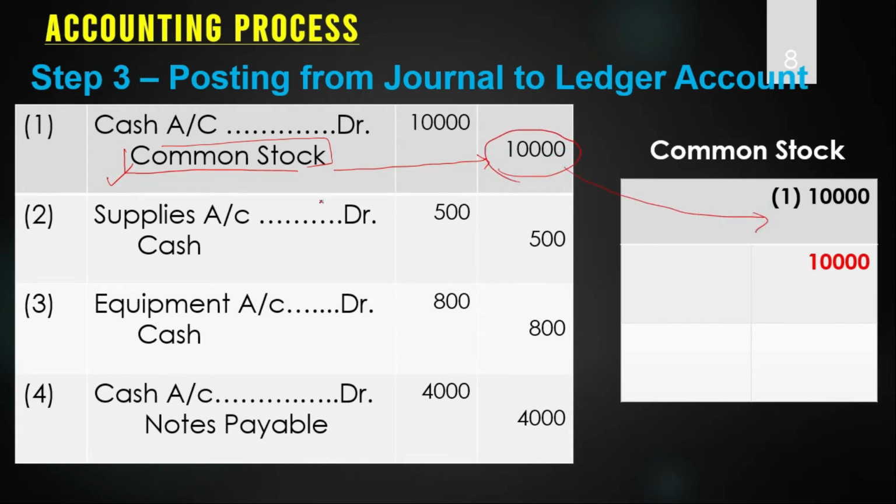Then after, you need to search for common stock. Is there any other common stock? No, there is no common stock. So only one amount is posted to the credit. If you find the difference, on the debit side we have 0, which means there is no transaction. So the credit side is more, the balance will automatically be a credit balance.